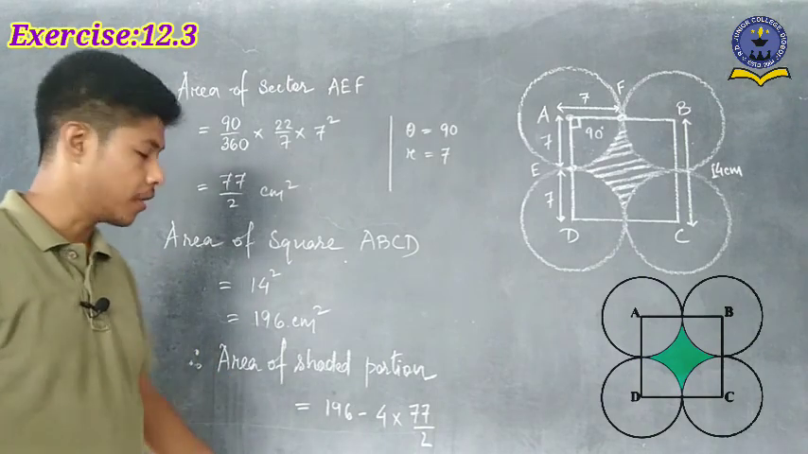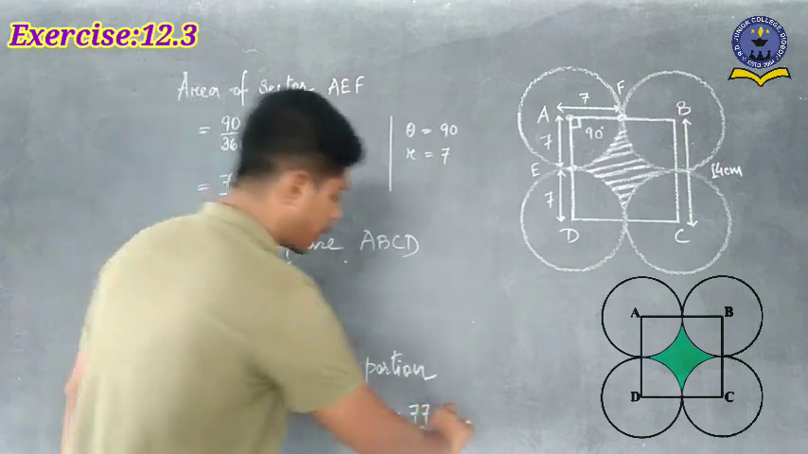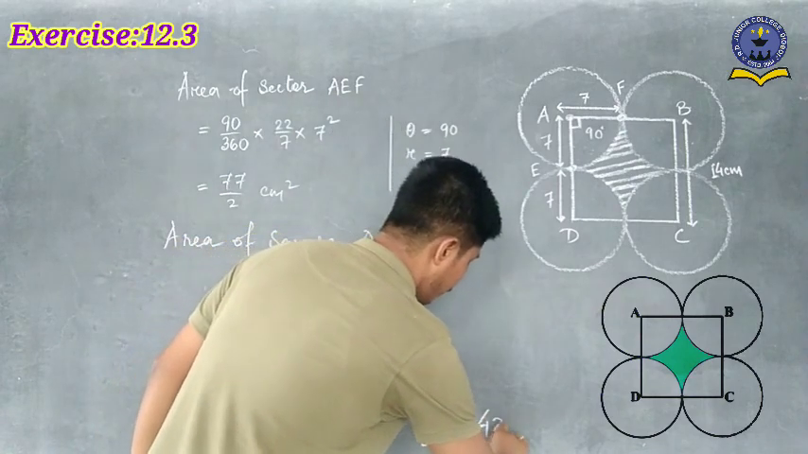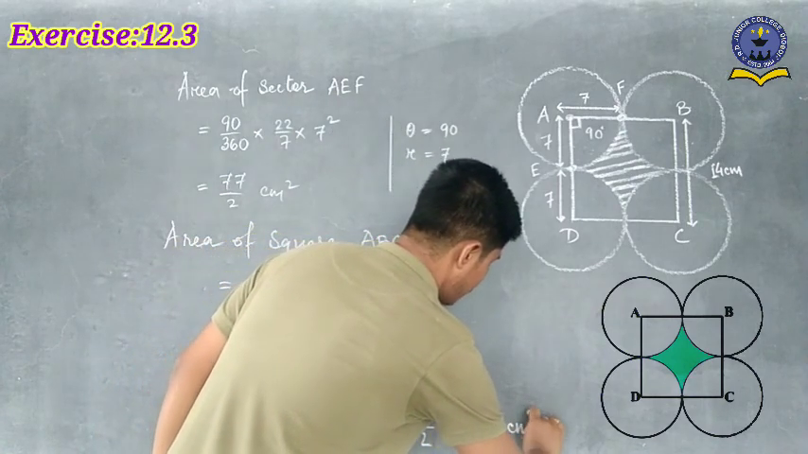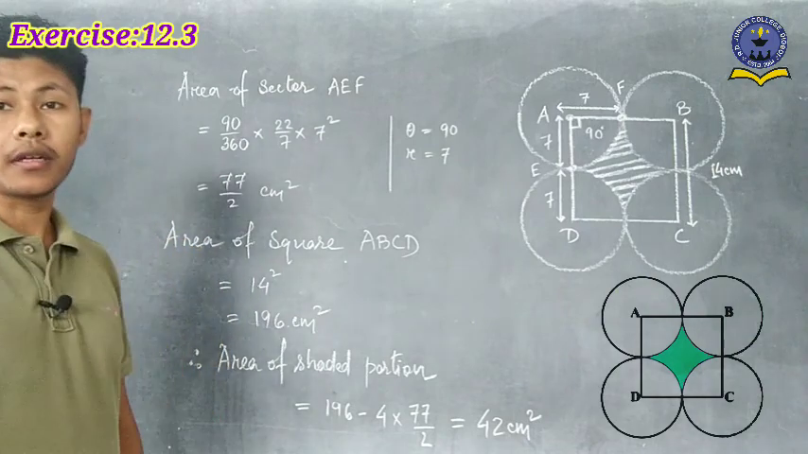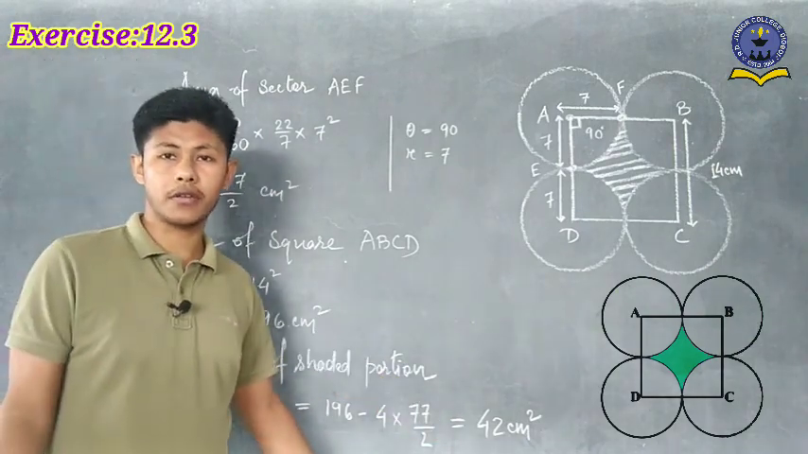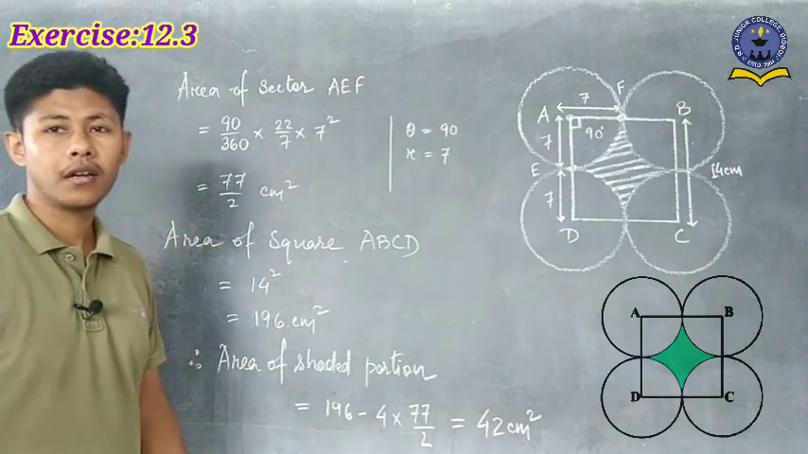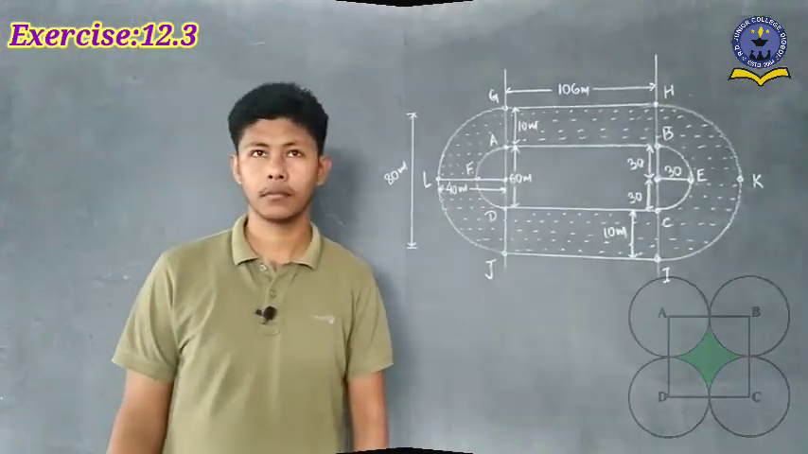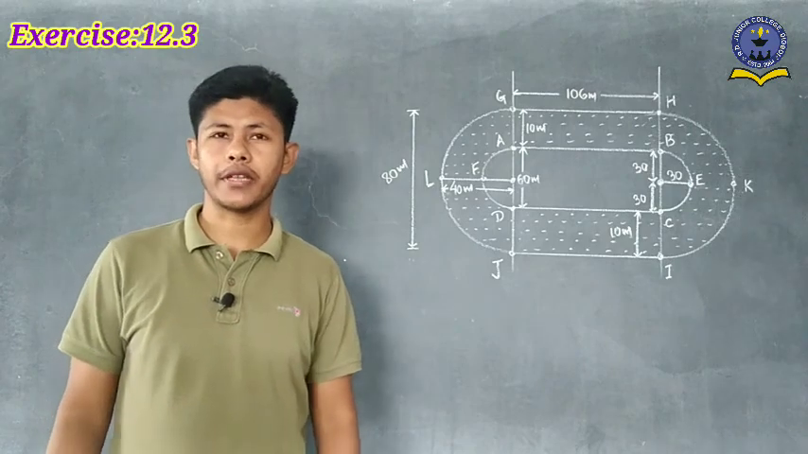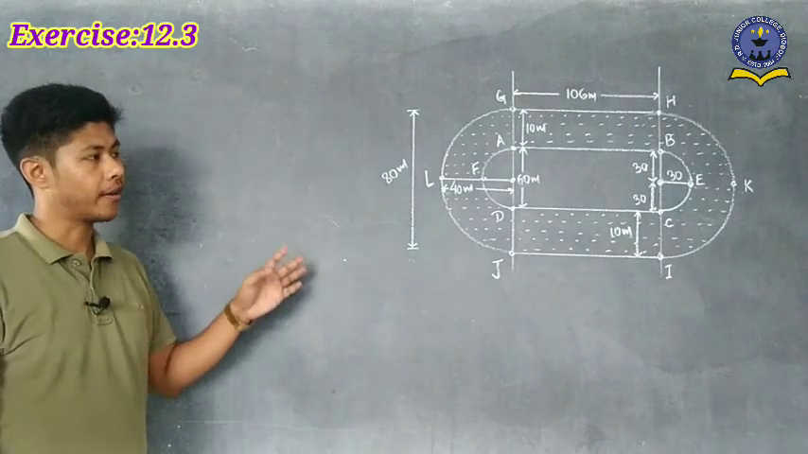If we calculate this one, the answer we get here is 42 centimeter square. Is it clear? So this one is our required answer. I think all of you understood this one. Okay. After completing question number 7, now the next one is a very important and very interesting question,